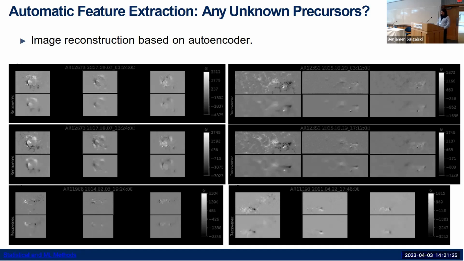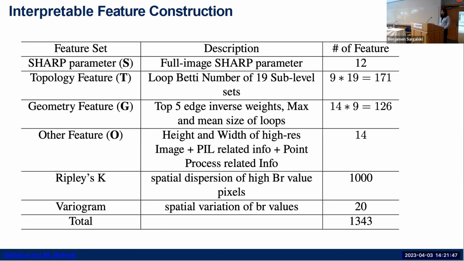And we actually put this into a final prediction model and found that the performance of this set of features is similar to those already known physics predictors. And those predictors are only 12 dimensions, whereas here, using an autoencoder, we have 512 dimensions as the input feature. So a completely black box based method essentially gives us a proof of concept. There's some information in the images, but we're not doing that efficiently yet.